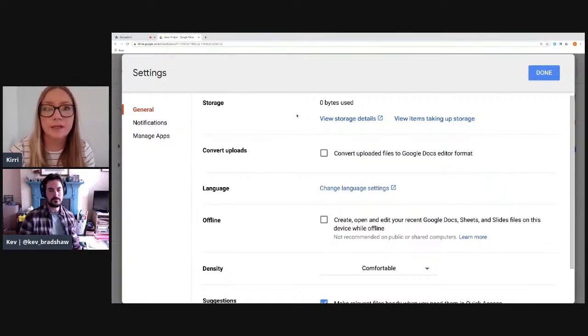But if this is your first time using Google Drive and you want to reuse old documents, like Word documents or PowerPoints, you can tick that box to convert uploads. Anything that you drag and drop into Google Drive will convert into the appropriate tool, so a Microsoft Word document will turn into a Google Doc, for example. And obviously that's where you then get your additional collaboration benefits.